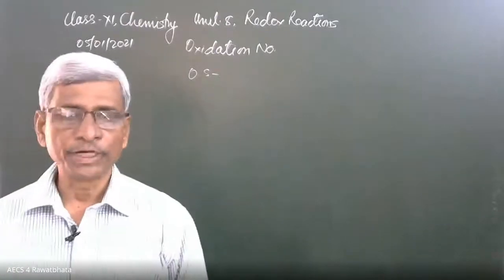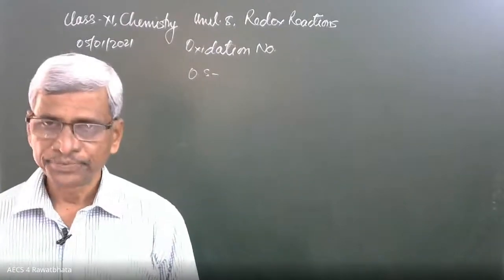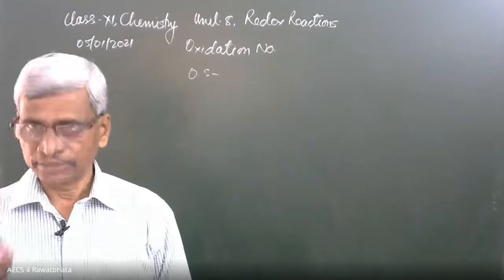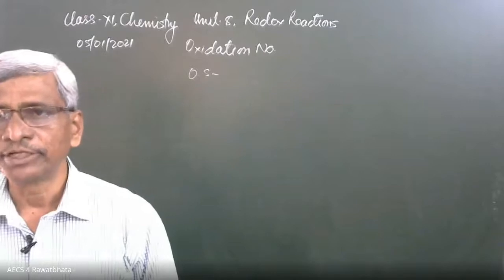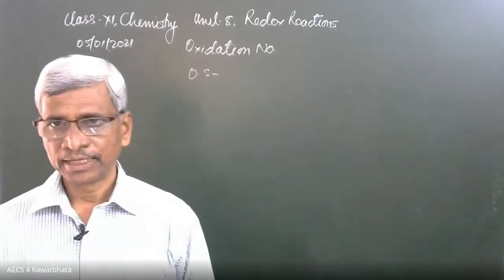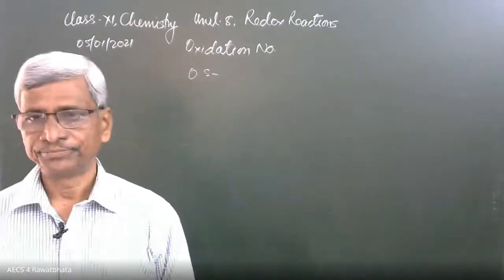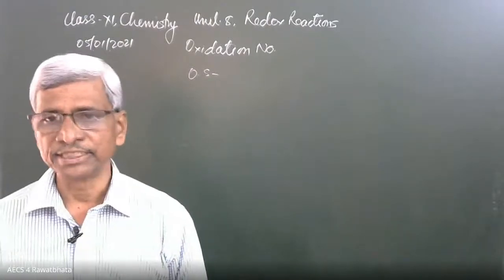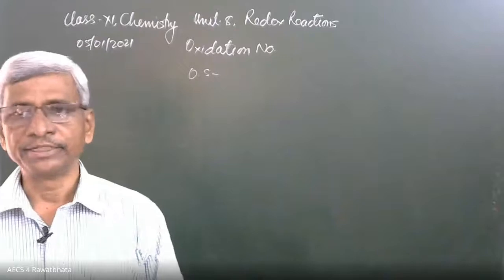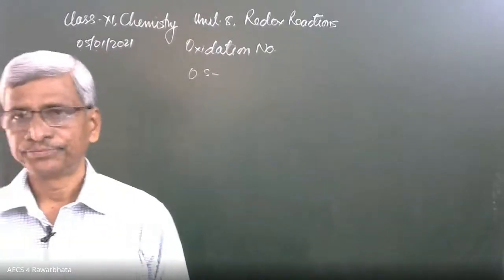S electrons don't participate in the reaction, which are paired, then only the P electron, where one P electron is present, participates in the reaction, and that is called inert pair effect. Like thallium, Tl. Its one oxidation state is +3, another oxidation state is +1. That is due to the inert pair effect.